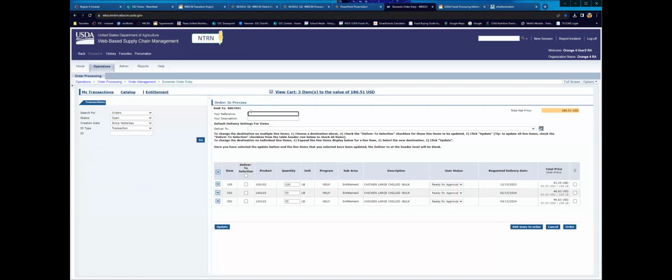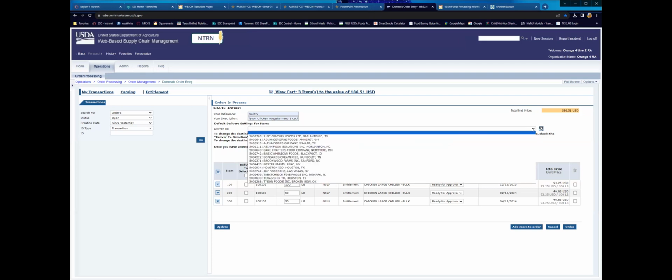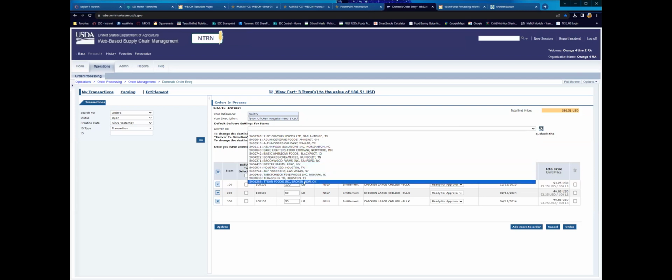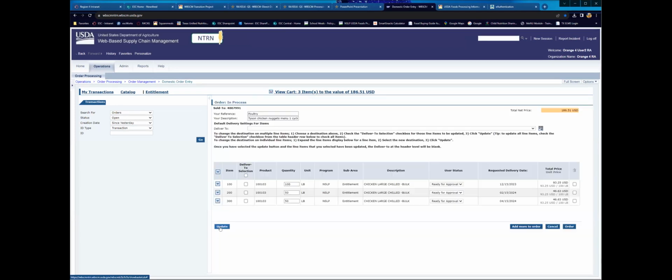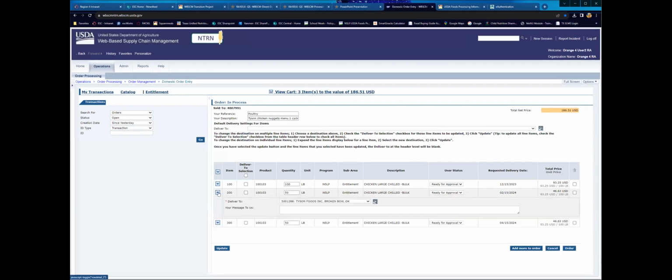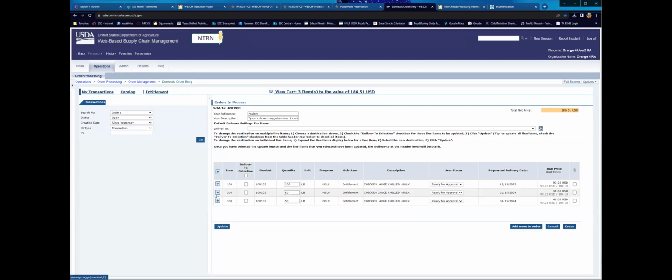So remember your reference and your descriptor. These are just optional, and you're determining if you want to use an item code or something specific. It's just your local record keeping system. We identify where we are sending our material number. So we're going to send this to Tyson. Remember this box above the different line items. If we click that one, it checks all the boxes for us. And then when I update, it updates every line item. So same process as direct delivery, everything is assigned to Tyson.